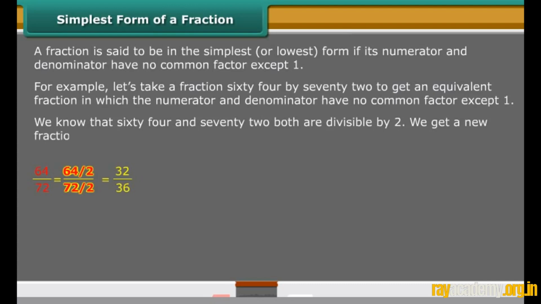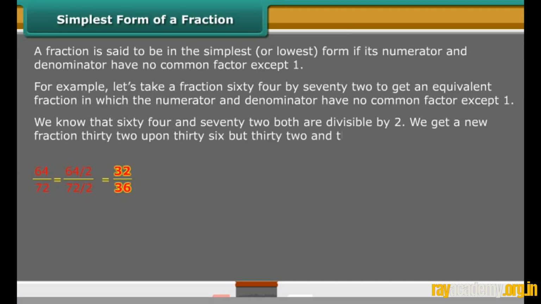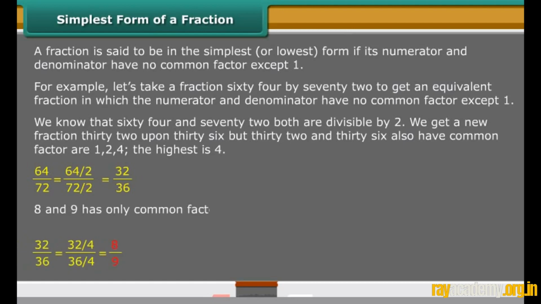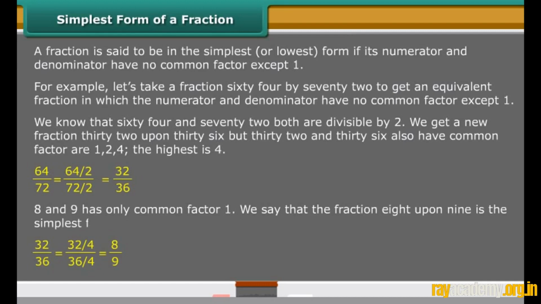We get a new fraction 32/36, but 32 and 36 also have common factors 1, 2, 4. The highest is 4. 8 and 9 have only common factor 1. We say that the fraction 8/9 is the simplest form of